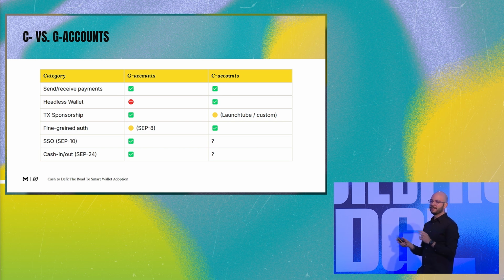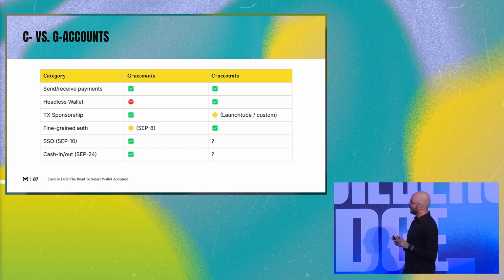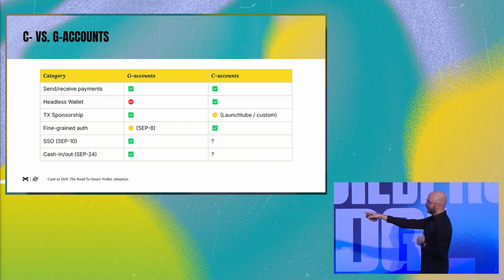If you're the issuer of the token, you can actually regulate with auth and de-auth sandwiches. It's kind of in the weeds here, but there's a way for you to regulate how assets are transacted. But it's not as flexible as C accounts, where you can control that at the account level versus at the asset level.